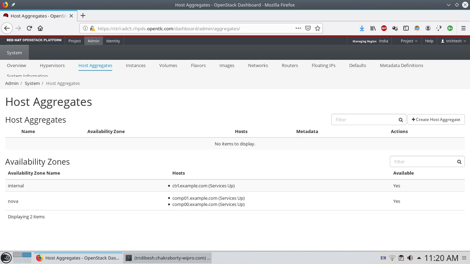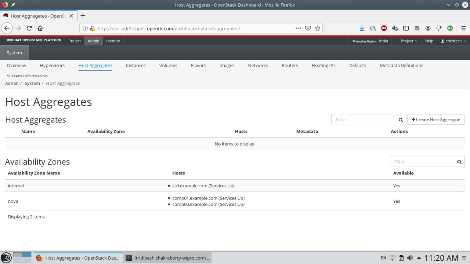You can create a host aggregate on that and set up some property so that whenever someone launches a specific instance with those properties set, the servers will automatically be built on these hosts.